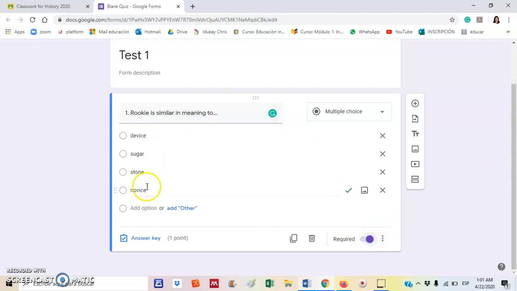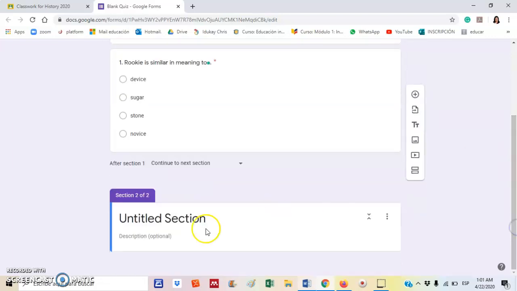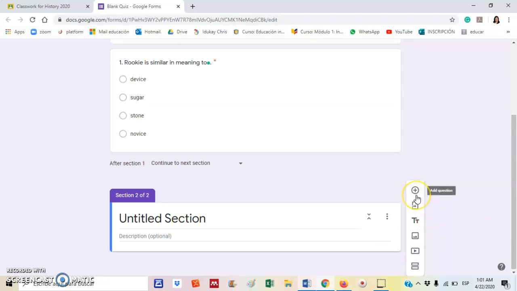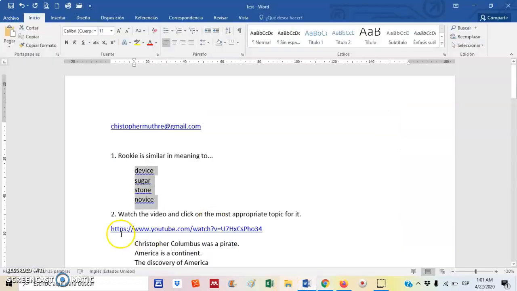If you want to have this question in a separate window, you need to include at the end a section, all right? So if you want, you type the name of the section, otherwise on the plus button, you add a question. You continue writing your questions,